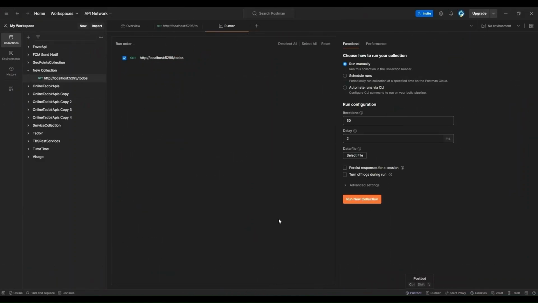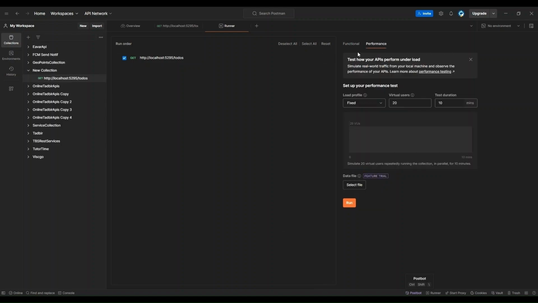So after testing our endpoint using the Functional tab in Postman, where we focused on making sure our API behaves as expected, returning the correct responses, handling edge cases, and passing all our defined test cases, now we switch over to the Performance tab. This is where we get to simulate real-world traffic and put our API under various load conditions to test its robustness, reliability, and scalability. Essentially, the Performance tab is all about understanding how well your API performs when faced with multiple users, varying load patterns, and potential stress scenarios.